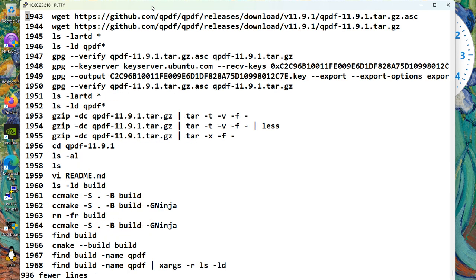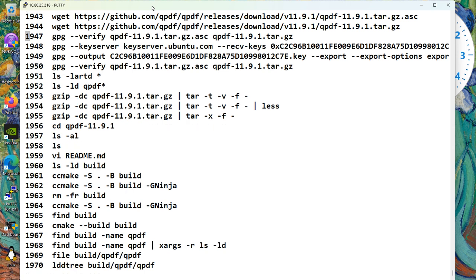Here. This is where we got the files. Okay? And then we checked them. That didn't work because we had to go get the key server and save it, and then it worked. Okay? And then